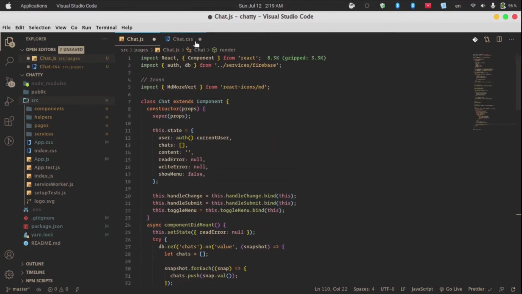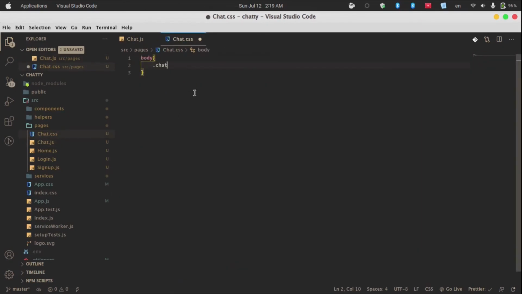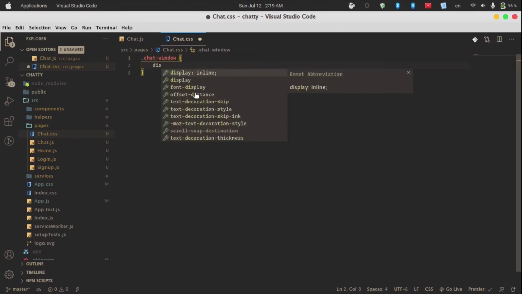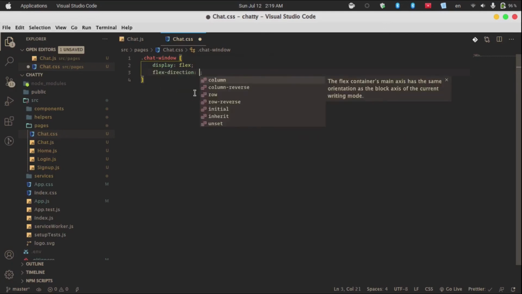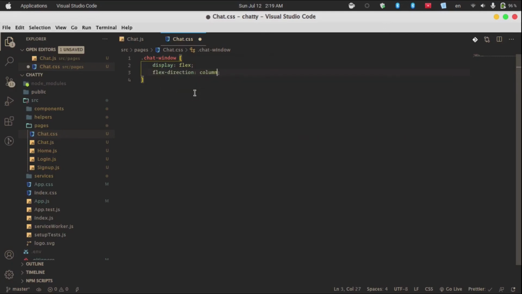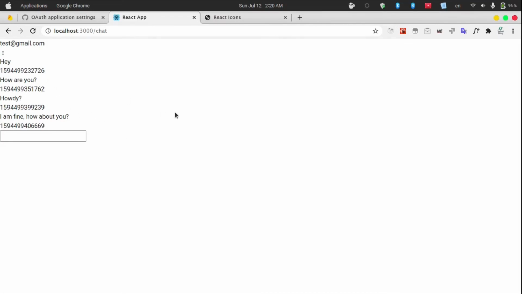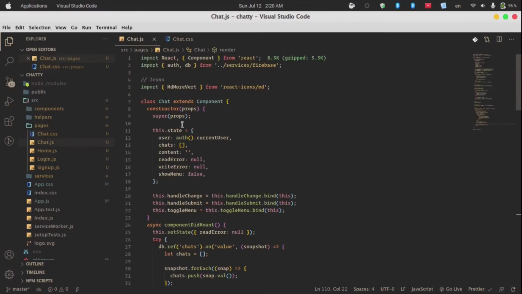and here you can set this file, then use chat window, and that should be display flex, and flex direction, this should be column. Okay,